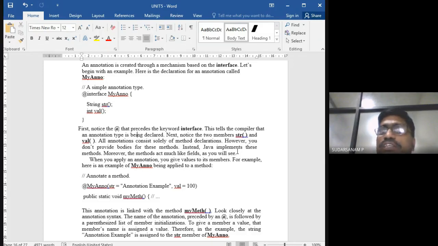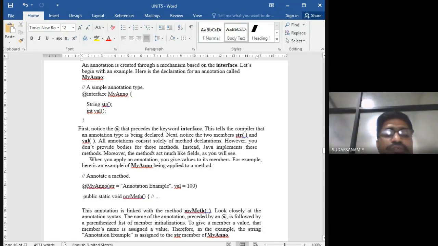So here no need to declare any body, like interfaces. In interfaces you use public, the return type, and the method names. Similarly here you declare only methods, and the body will not be written here. The same way here also.